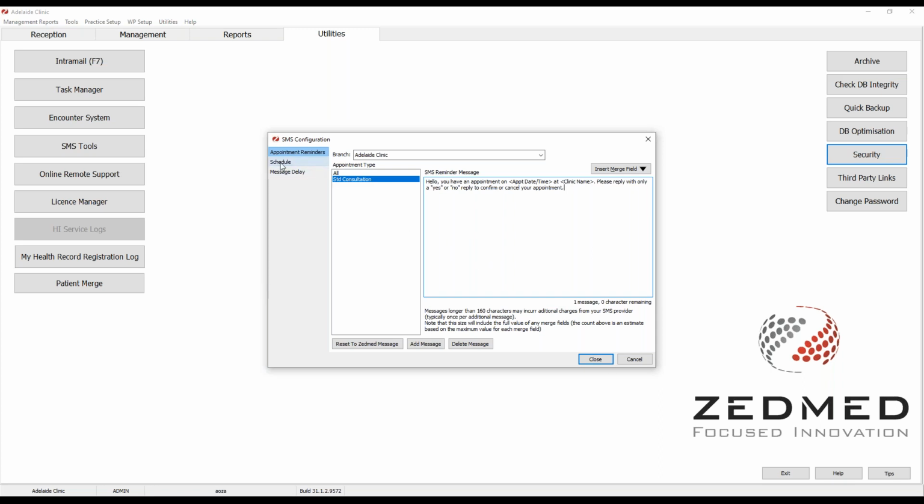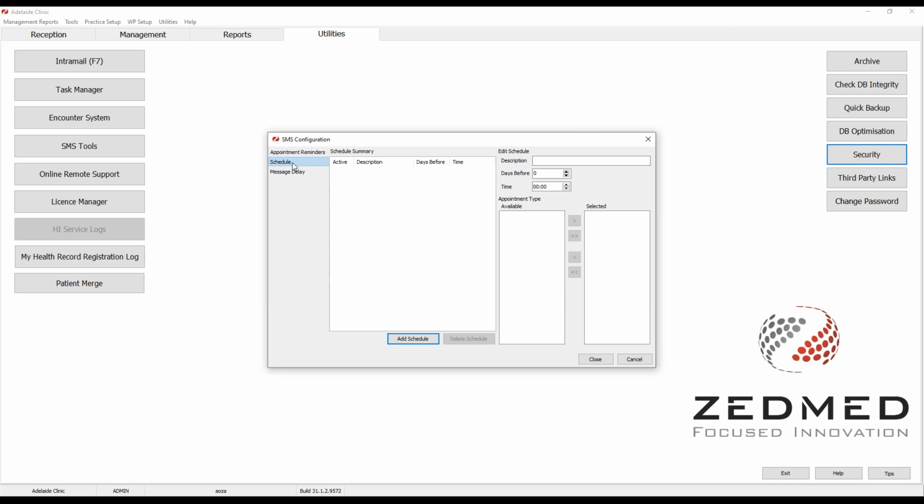Looking at the appointment reminder schedule, this is available in version 31.1 and after. Here is where you can set a schedule for sending out those reminders. You can begin by clicking on the Add Schedule, provide a description, I'm going to select 2 days ahead